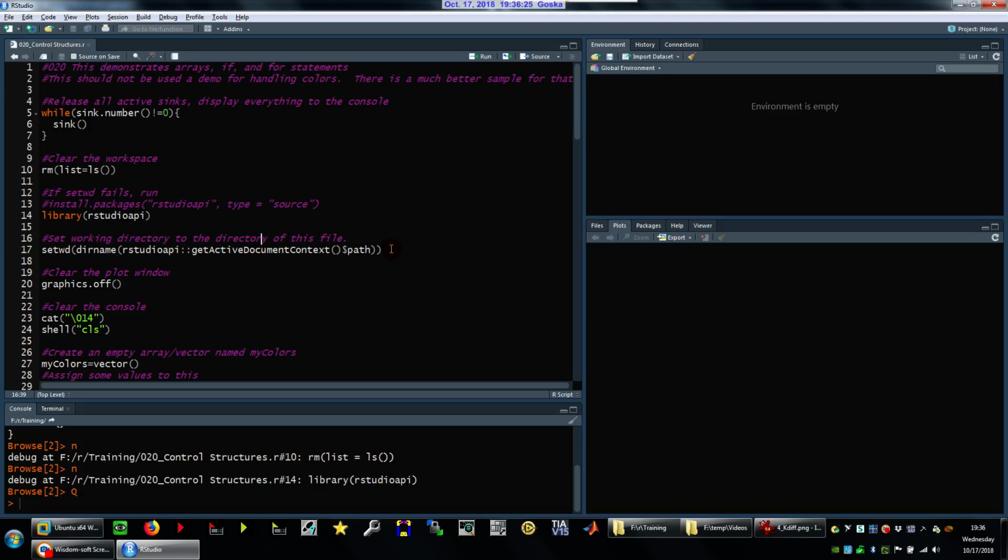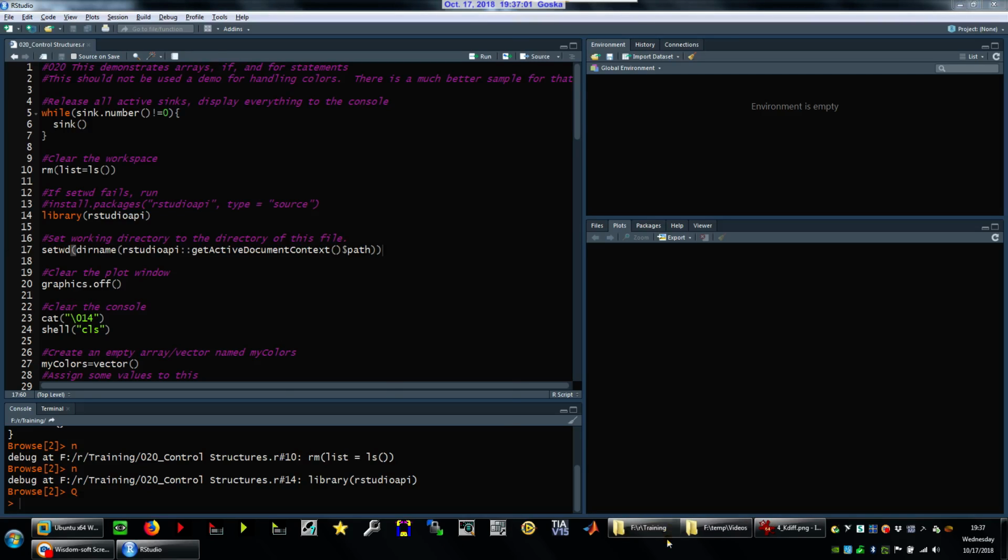What this statement here, this complex set working directory statement does, is that it looks up the path where this specific file is being executed from and sets that to your working directory. So let's say that you've got some data file with experiment 2 data, and you need to do some manipulation on it because you think that when something got entered, it got a little bit screwed up, but you don't want to touch the original file. Just copy the whole directory, and then the R file comes with it, and run the whole thing from